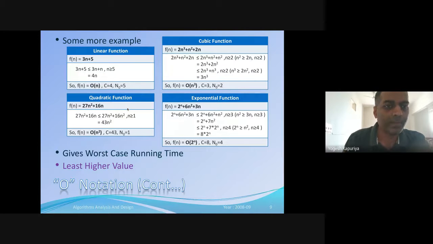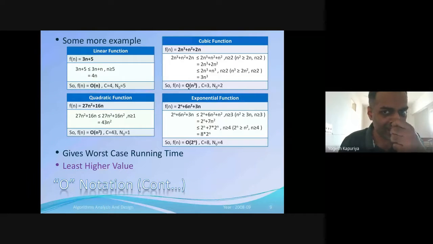So our interest is in finding this kind of equation. For that, usually we do the replacement, and while doing the replacement, we keep a check on what should be the ideal value of n for these conditions to be always true. We keep on replacing the lower order term with the higher order term and keep checking the value of n. Finally, when you get a single term, you make sure that the coefficient of that single term will be your C value, and the maximum of these n values will be your n0. So for these particular parameters, it is true that Fn is big O of n cube.